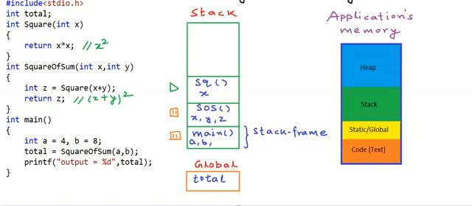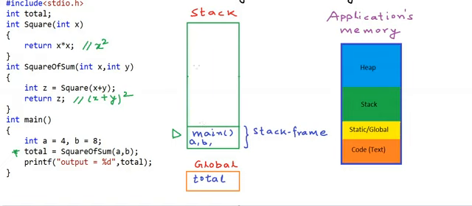Now when this method finishes, we will return back to this particular statement. As soon as the square function returns, it will be cleared from the stack memory, and now the square of sum function will resume. Once again, when square of sum finishes, the control will come back to this particular line, the line total is equal to square of sum,